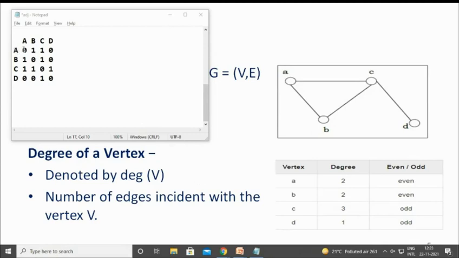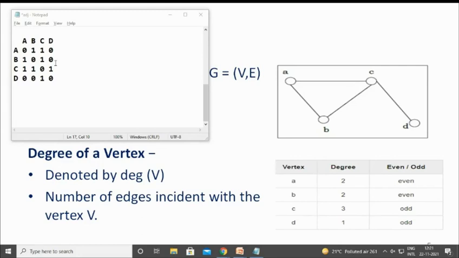We know that this is the 0,0 location. This is 0,1, 0,2, 0,3, 0,4, 1,0, 1,1, 1,2, 1,3. The only thing is you increment the column value while keeping the same row value, and if the value is equal to 1, add it. Otherwise, skip it. Finally, you will get the degree of the corresponding vertex.